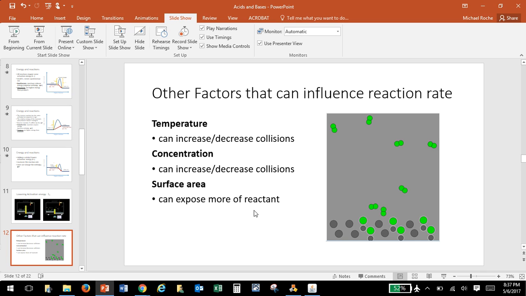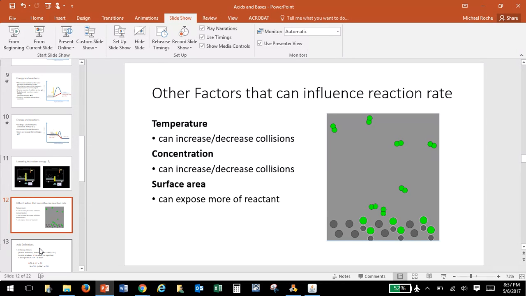Or surface area, you can expose more of the reactant. If you look at the sodium situation here, right, it's all down here at the bottom. It's kind of stacked on each other. If we spread those out so that they were all over the place, or there was more area for these chlorine molecules to hit, if it had more pockets in there for them to go into, we could increase the amount of collisions we need. So surface area is another thing we can use as a way to influence a reaction rate. So I'm going to stop it there. That's going to be the reaction rate talk, and I will talk about